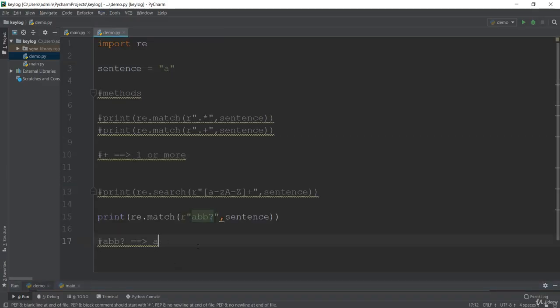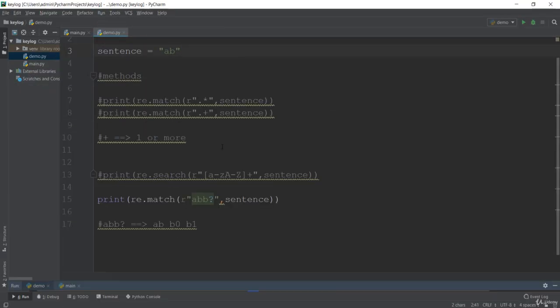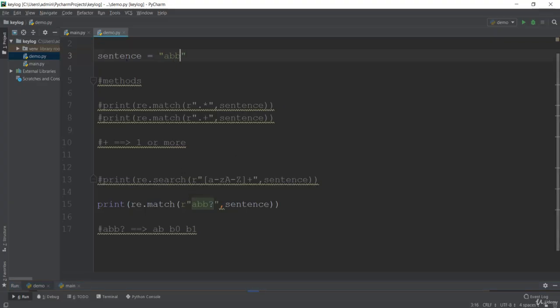So what this is saying is that A is compulsory, and the B that is tied with this question mark is 0 B or 1 B. That is important. If I pass here AB, then there is going to be a match, because A was compulsory. If I also pass one more B, that is also going to be a match.